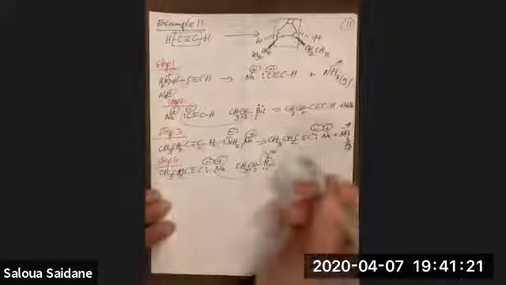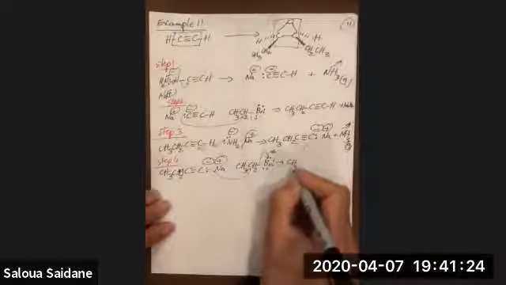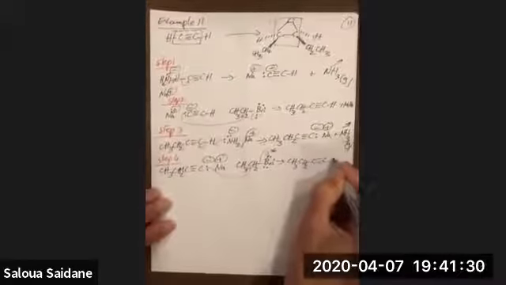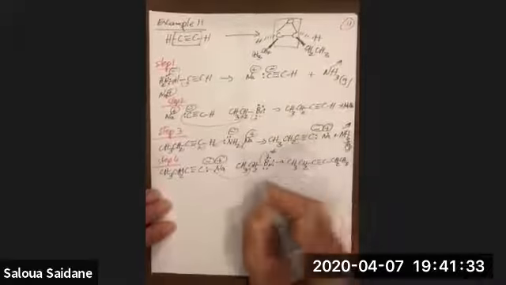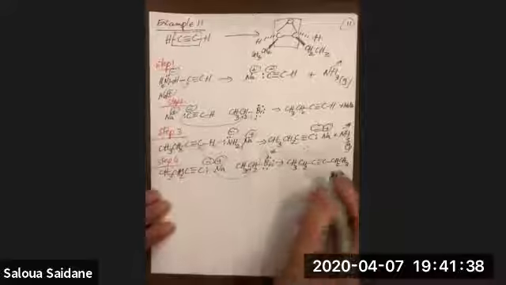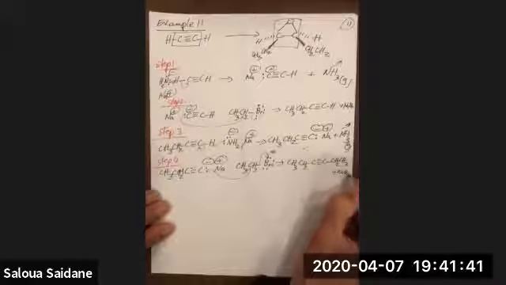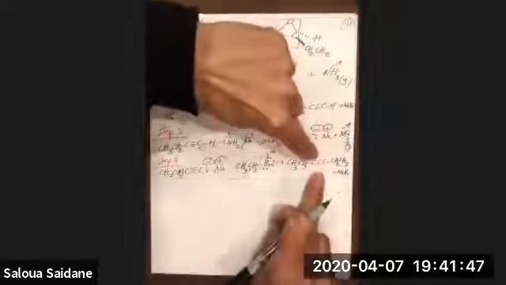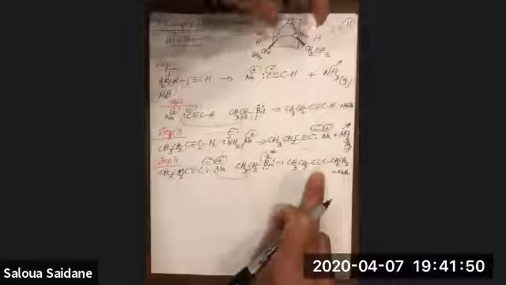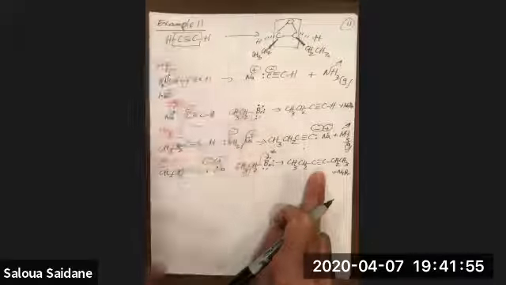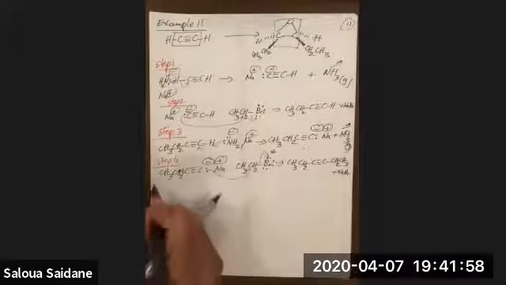There's nothing here. I don't know why I did that. So we end up with CH3, CH2, C, CH2, CH3. Sorry about that. This camera stop. And then we have NaBr. So now we have all the carbons we need. So as you can see, this is a triple bond, but here we have the H's and they're on the same side. So if they're on the same side, we need to use hydrogen gas and Lindlar because it produces the cis. So step 5, I'm going to take this,